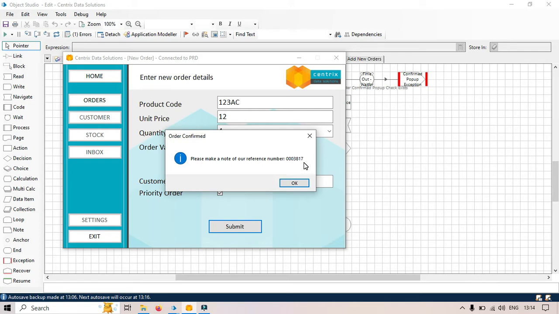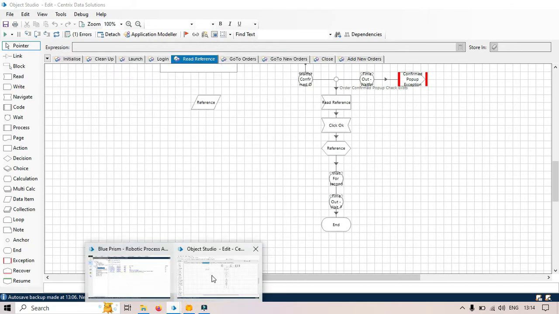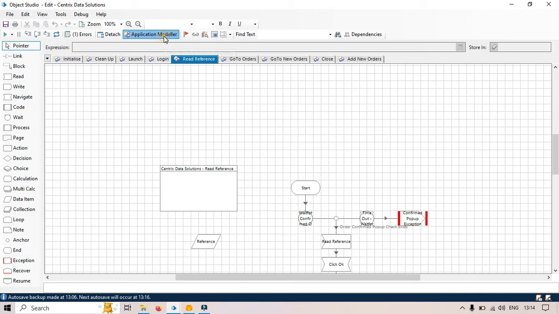Now we need to capture this one. I'm going to show you how to capture this using regex. Regex is also called regular expression. Okay, so let me open object studio we have. Let me click on